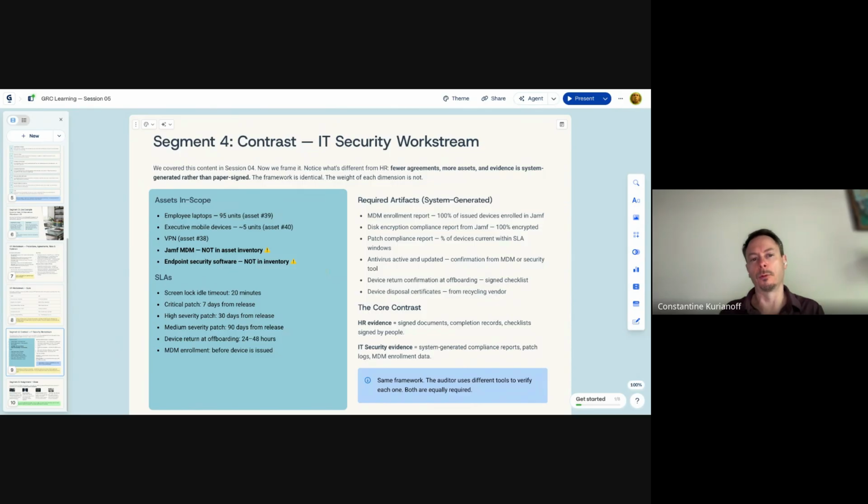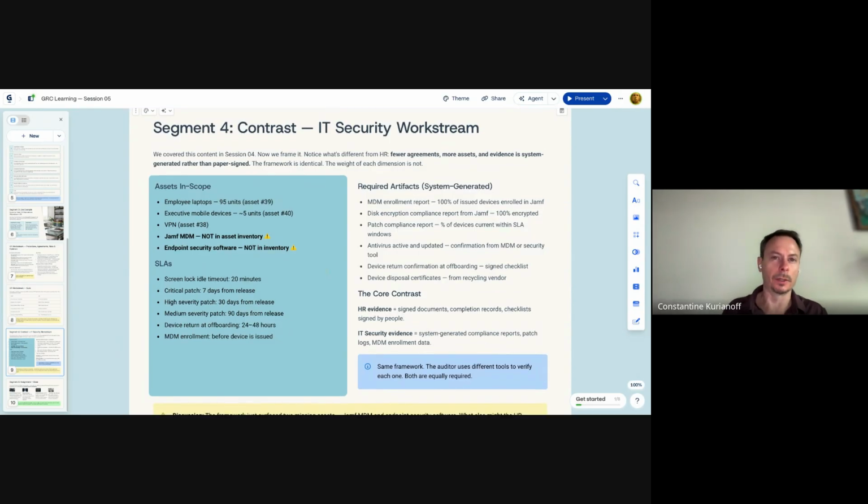And the same with endpoint security software. You will see that Orbis doesn't have anything in terms of antivirus, anti-malware protection. And it's important that the IT department does it for their own safety, for the safety of the whole organization. You will also uncover in multiple cases that the companies don't have any SLAs.